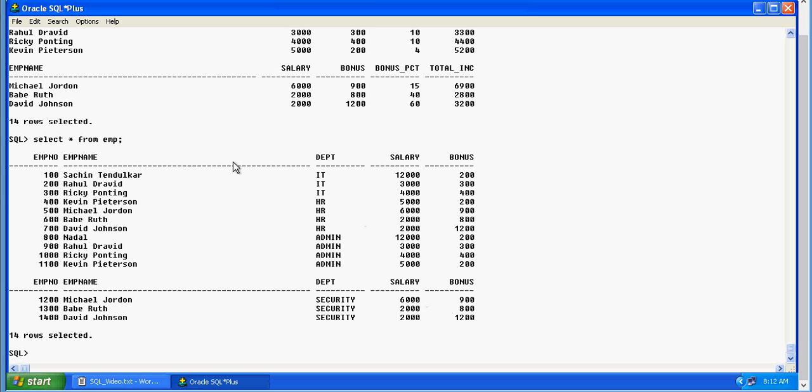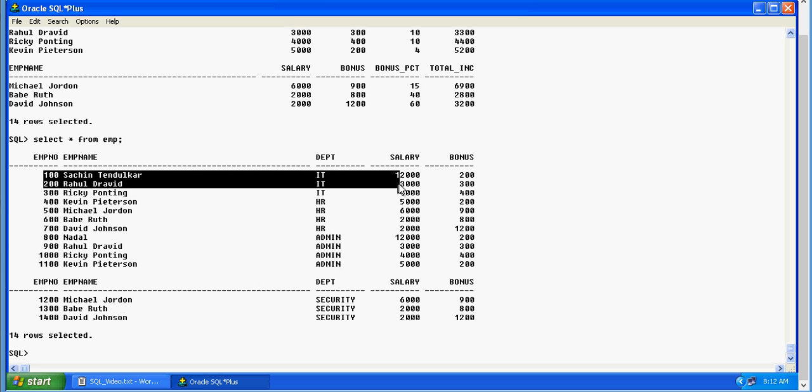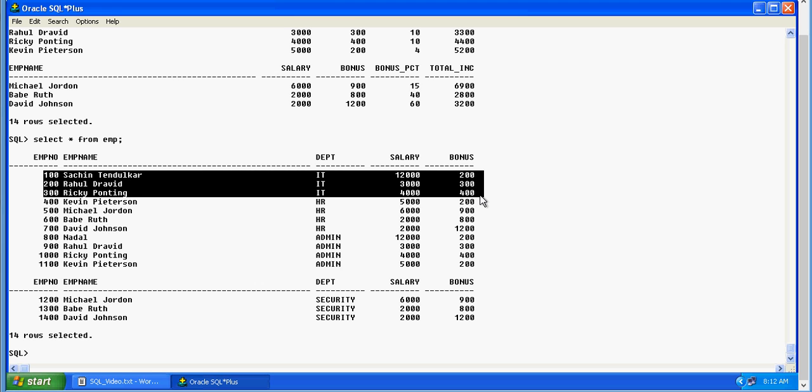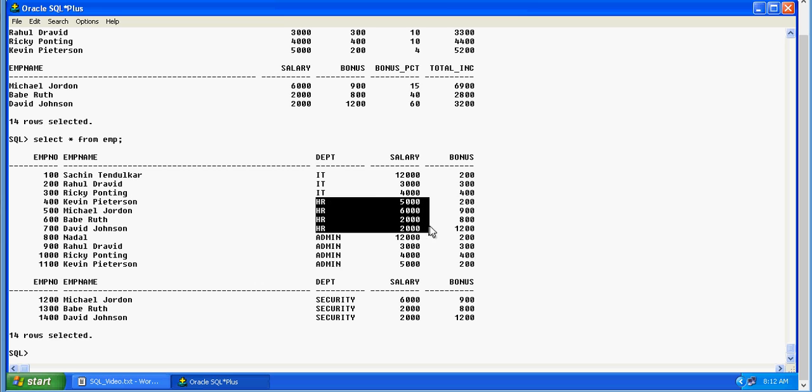I have to say that these three people are in IT, so I want to sum up their salaries: 12,000 plus 3,000 plus 4,000, which is 19,000, would be in department IT. Similarly, I want to do it for HR. So let's write down a SQL.